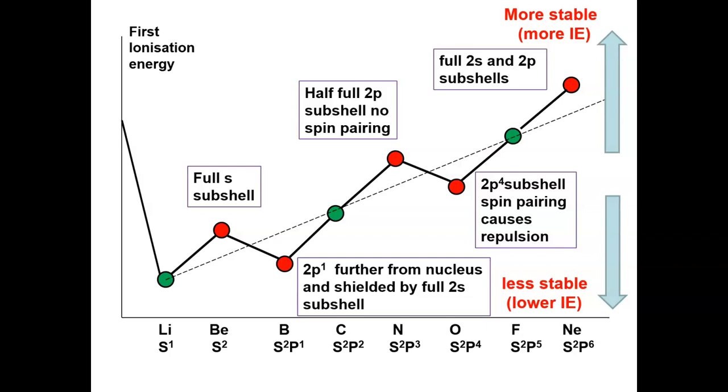Whereas oxygen, as you can probably gather, has now got to pair up an electron in the 2p subshell. We called it spin pairing, and it brings about repulsion between the electrons within the orbital, and so that destabilizes the electron structure somewhat. And the oxygen is therefore a low point on our graph. So it's very important that we can explain, and you will have to explain, those particular high and low points